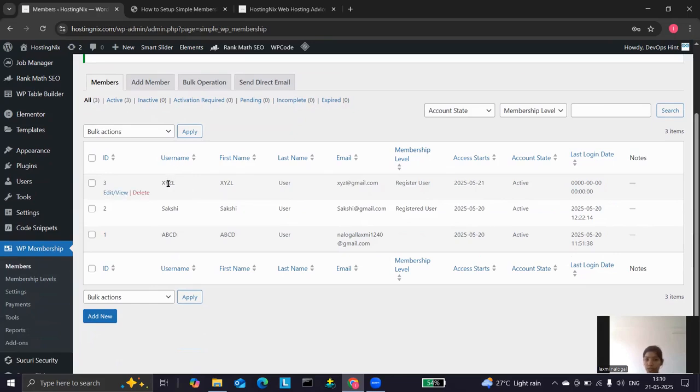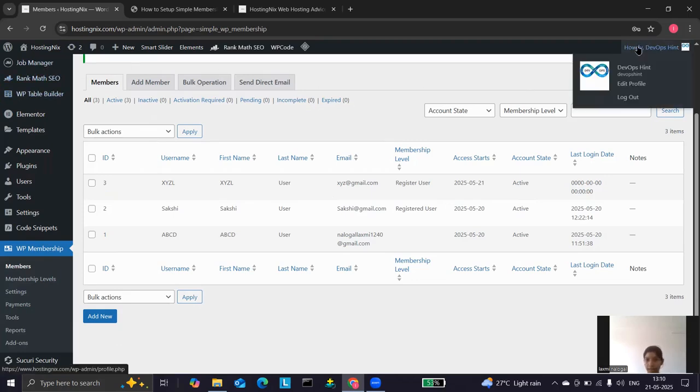Now, we have to remember this username and password. Using that username and password, we can view the content or blog of our site. Now that we created this member, we will log out from our site.